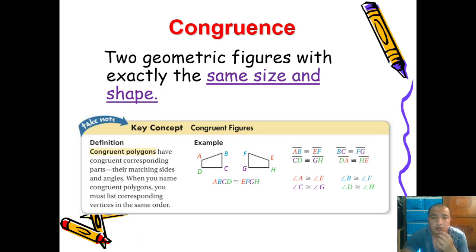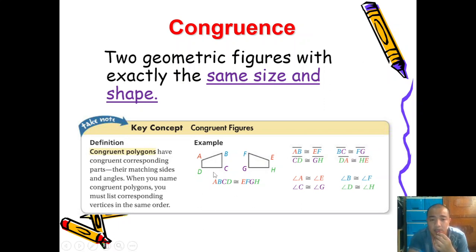So congruence means two geometric features with exactly the same size and shape. So key concept: congruent polygons have congruent corresponding parts. They're matching sides and angles. And when you name congruent polygons, you must list corresponding vertices in the same order. So example here,